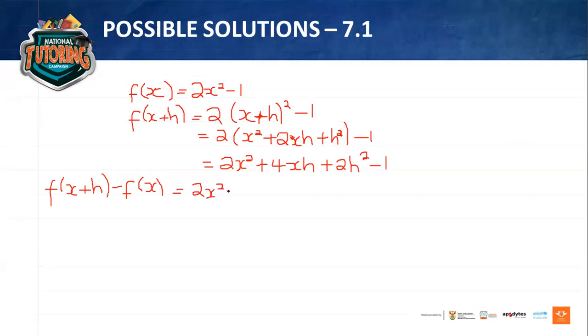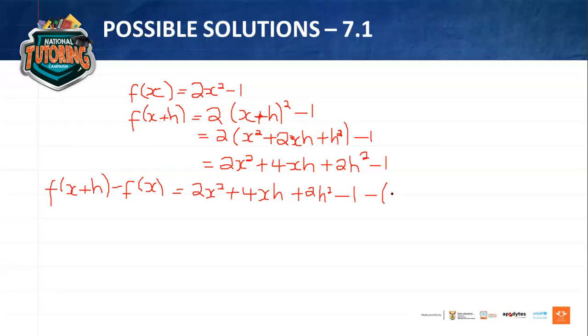It means we are subtracting this bottom one from this one. So it will be 2x squared plus 4xh plus 2h squared minus 1, but we need to also subtract